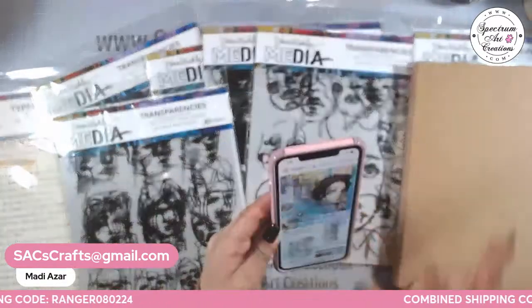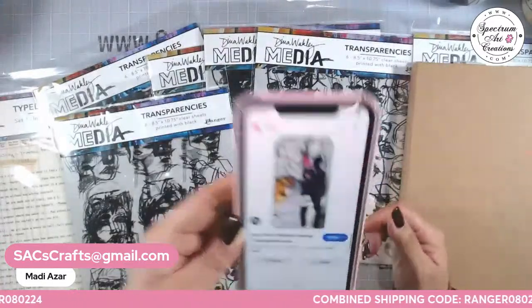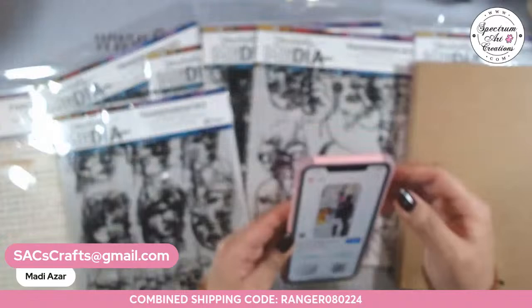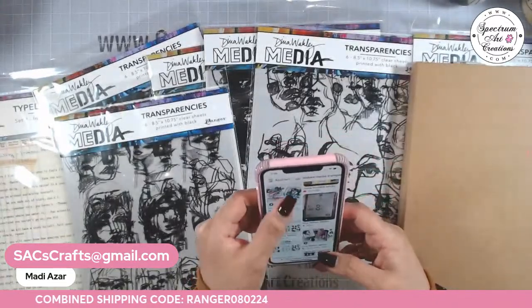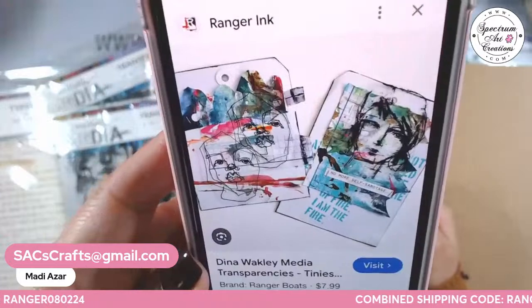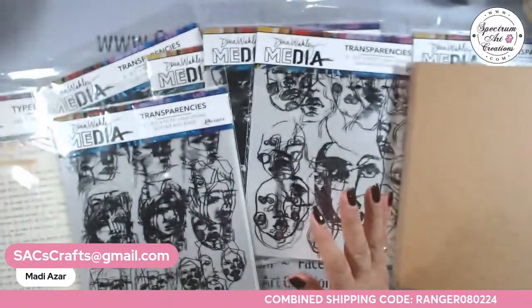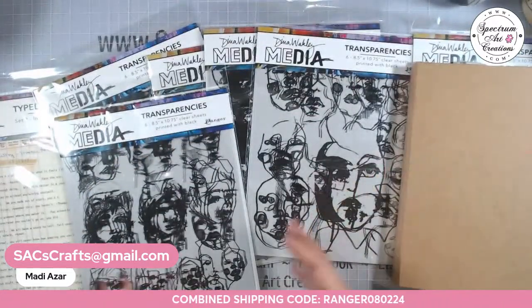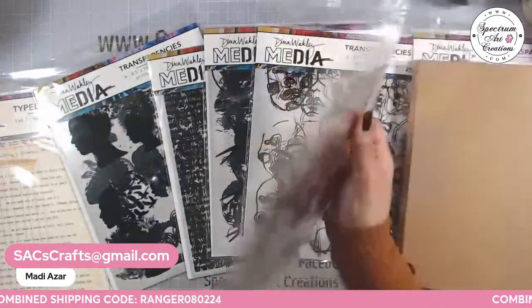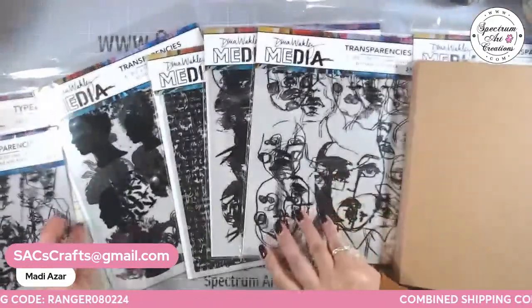So you can definitely Google. Here's one that's a silhouette. You can totally Google or go to Pinterest and find so many beautiful ideas, okay, on how to use transparencies. But honestly, you just put them on top of something and they look magical. Anyway, so those are the Tiny Set Number 2. If you have questions, by all means, ask me